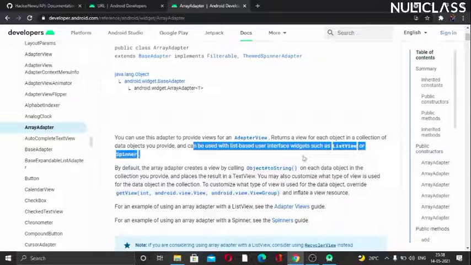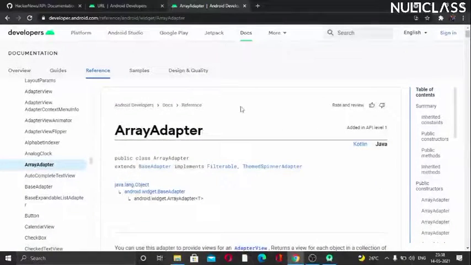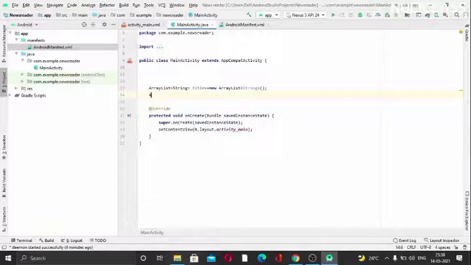So to make the list view appear on the app, we will be requiring this array adapter. Let's implement that here. I will use ArrayAdapter, this one, and I will just name it arrayAdapter. Now I will declare it here.